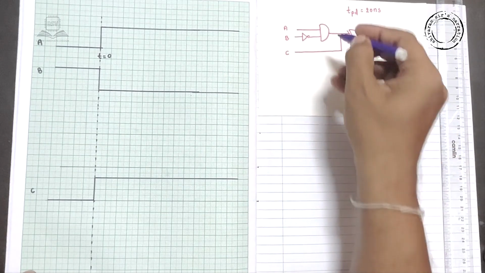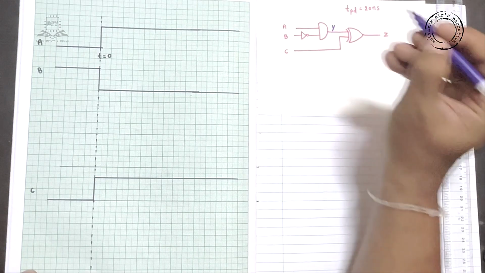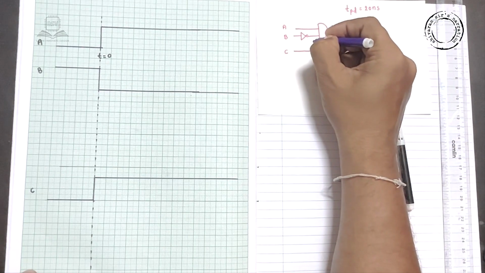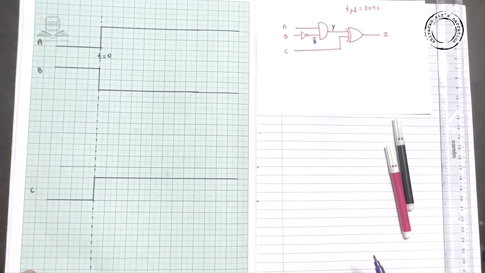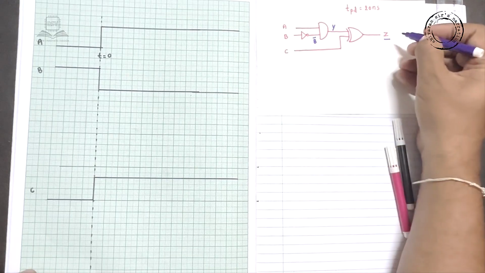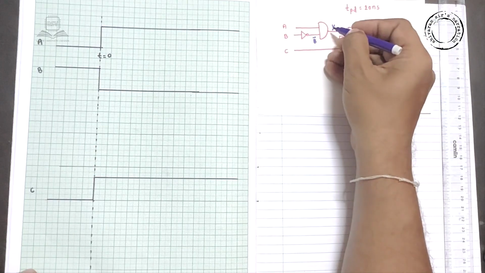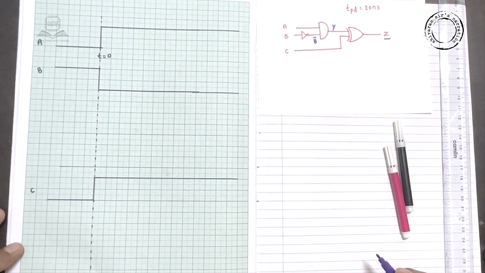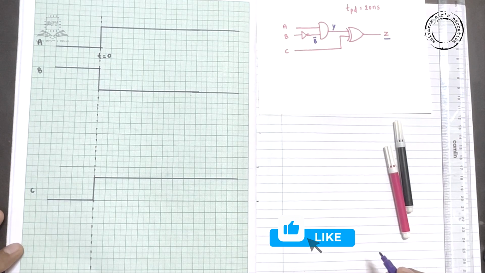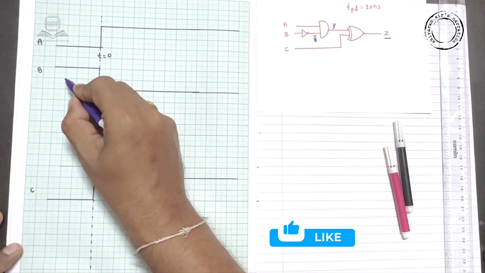Here, the output of the AND gate, let's assume it as Y. And this will be like B bar. Suppose you want to draw the waveform for Z, you need to know about Y. Anyway, C is given. So you need to know about Y. Similarly, B bar as well. Now, coming to the direct point, we want to draw B bar, which is simply the complement of B, which is this. However, guys,